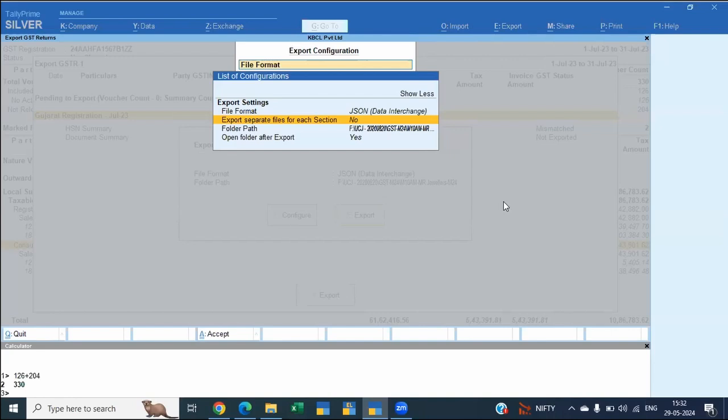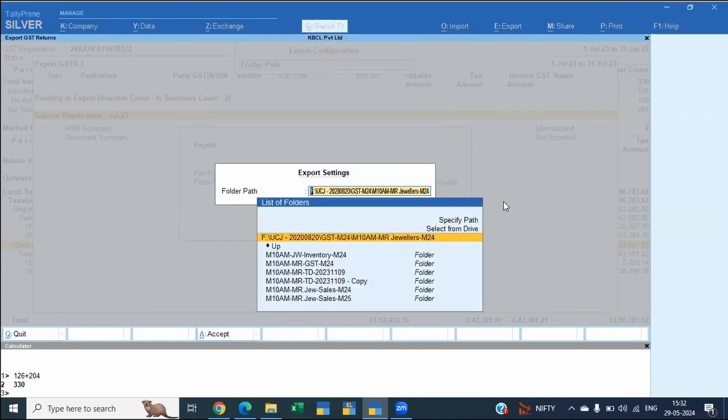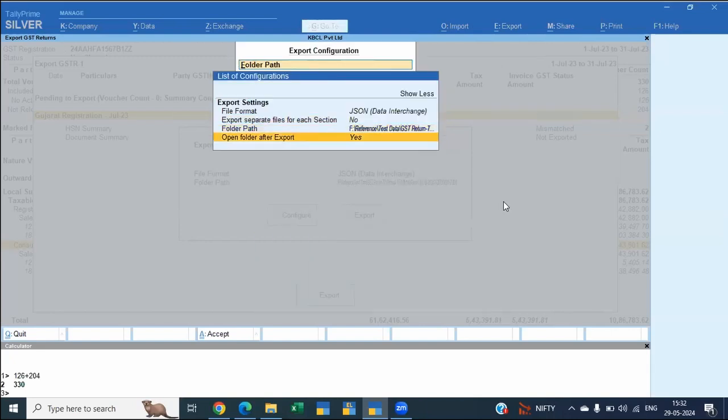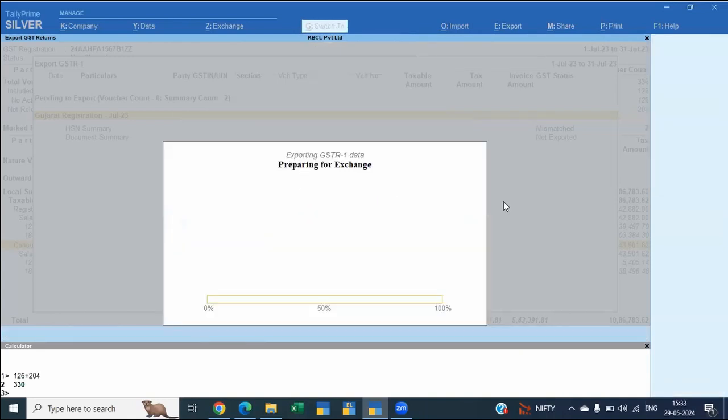However, imagine you have some error correction made in a particular section, and you want to just upload that section. In those cases, you can say yes, and all the sections like B2B, B2C, HSN, document summary, everything will get uploaded separately. The folder path, you can select from here. Do you want to open the folder after export? Either if you want it or not, you can look into your requirement. Once this is done,